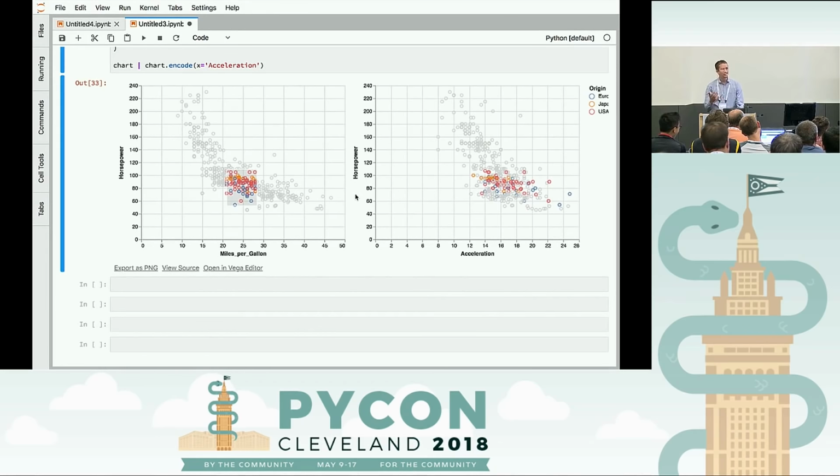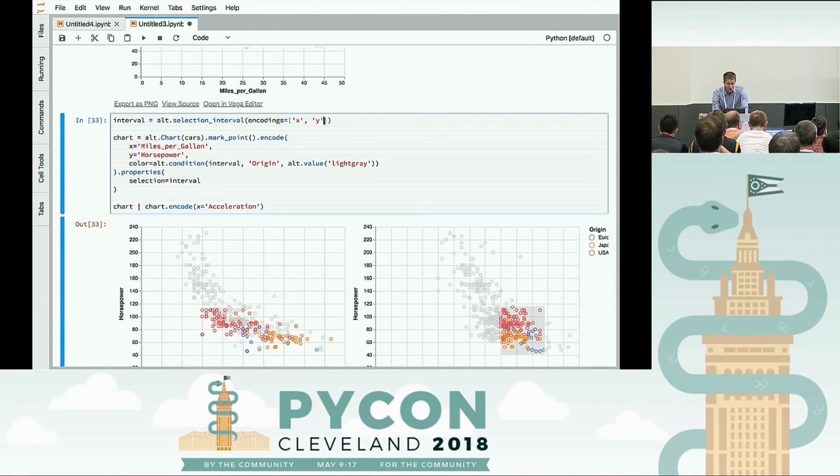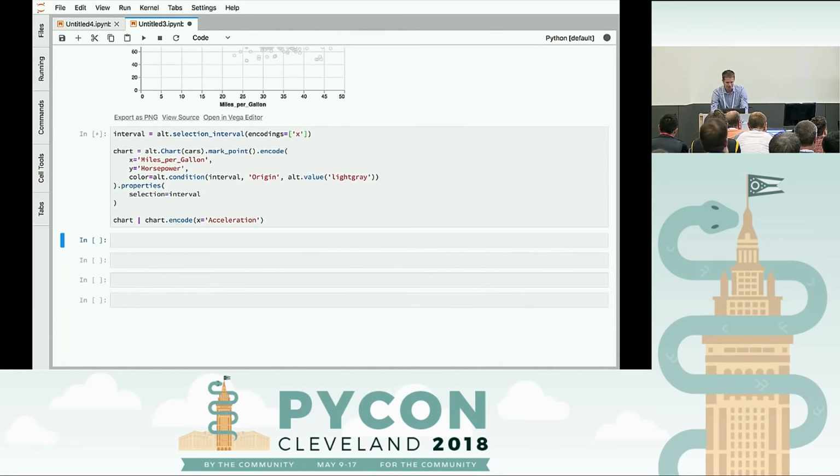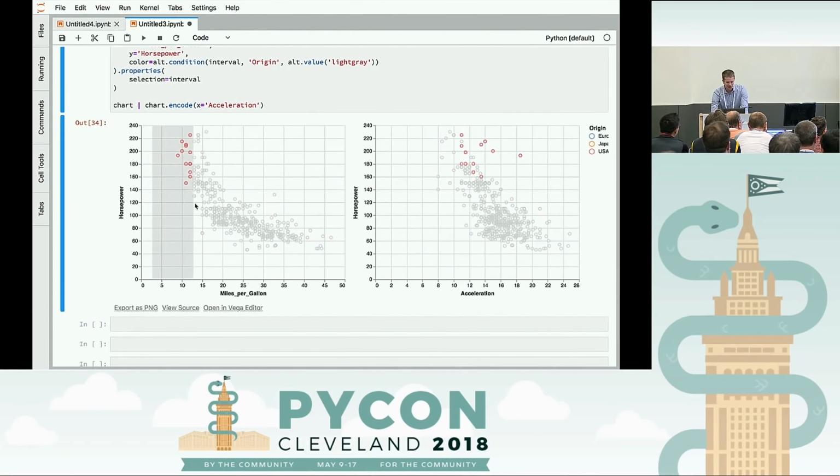So, in a few lines of code, and this is what I mean by building blocks of selection. You're not having to write a lot of JavaScript to do this. If you can just understand the declarative building blocks, it lets you start to explore things. And what I really like here is if you do just the encodings in the x direction, then it automatically shows you about some of the relationships here. As I go from left to right on miles per gallon, it's going from top to bottom on horsepower. Right, and you could get that a little bit from the static plot,